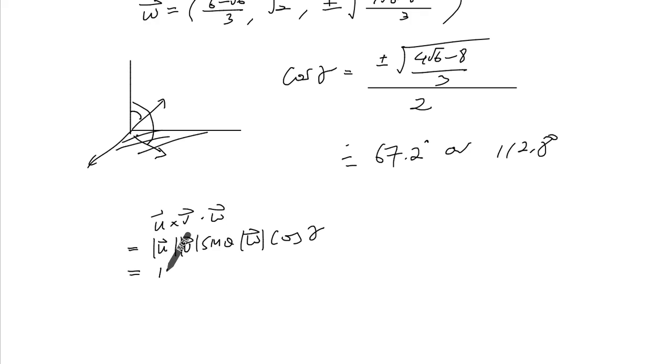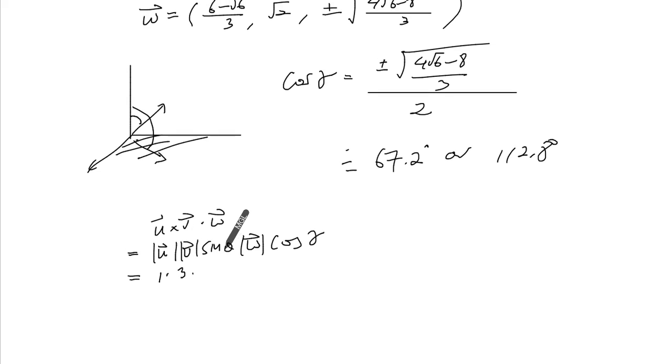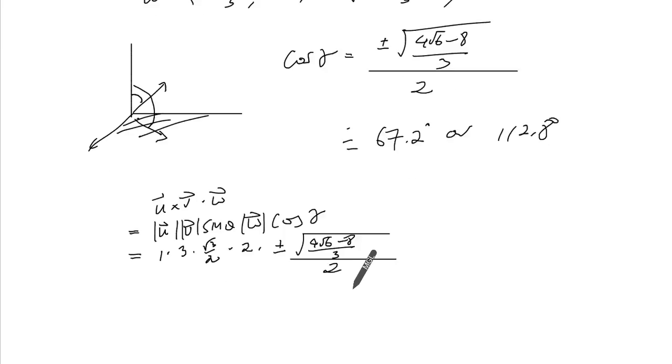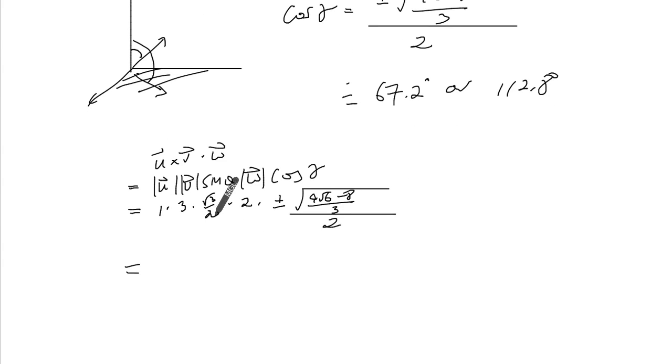So this was 1, 3. This is sine of the angle between the two, which was 60. So sine of 60 is root 3 over 2. This is 2. And this right here is going to be plus or minus of the square root, all over 2. So that gets reduced. We have a 3 over 2 plus minus 3 over 2 of